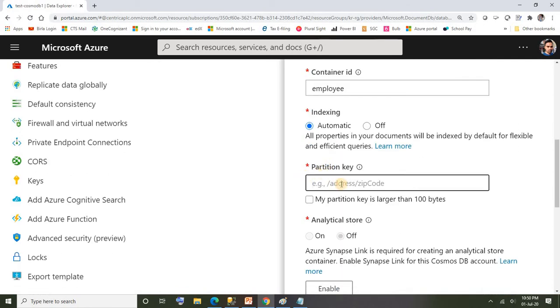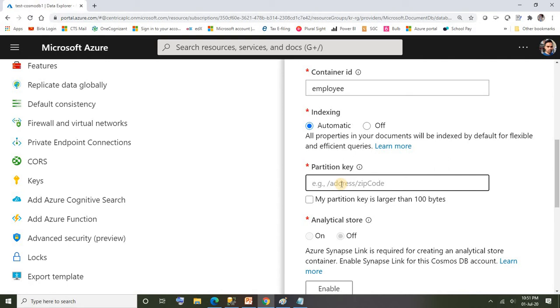Now here is the partition key. This is a little bit of a sticky wicket in Cosmos DB and it is very important. You have to be very careful about the key that you select for partitioning. I'm not going deep into that; let's see in the next video what the best practices are for selecting a partition key.